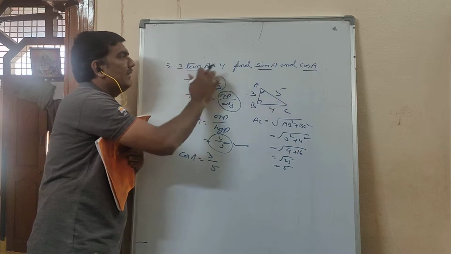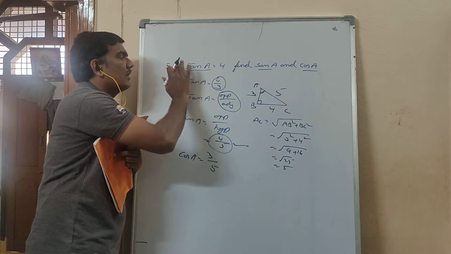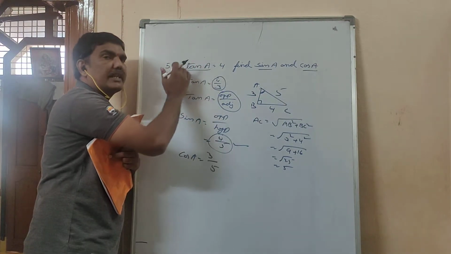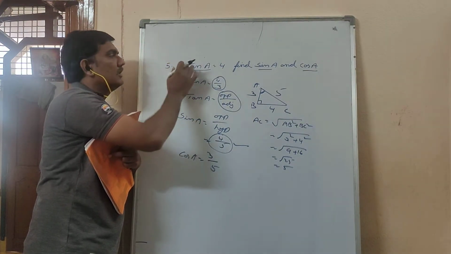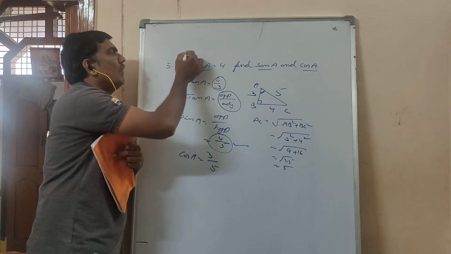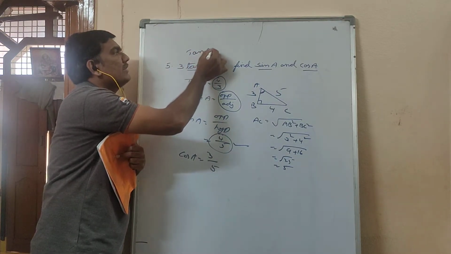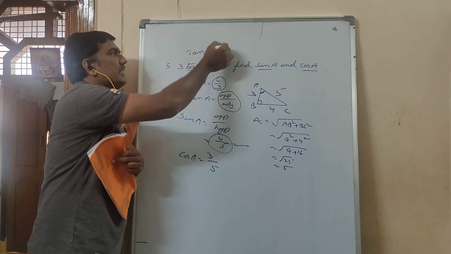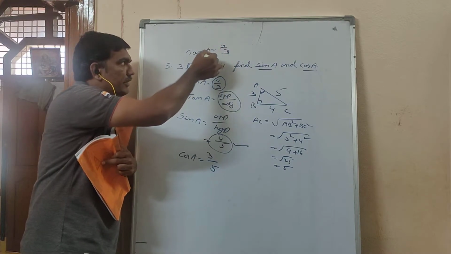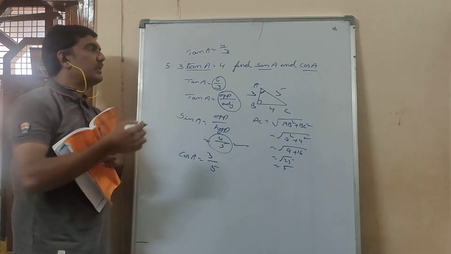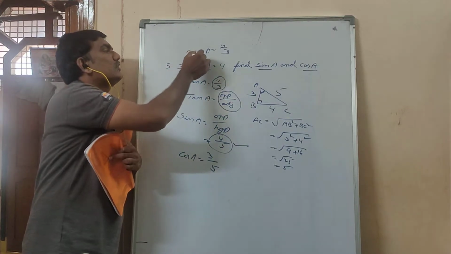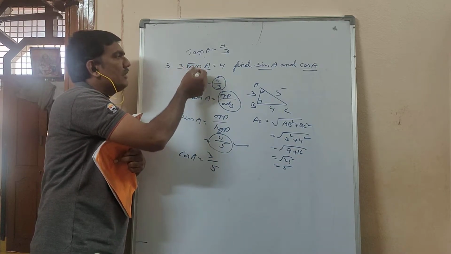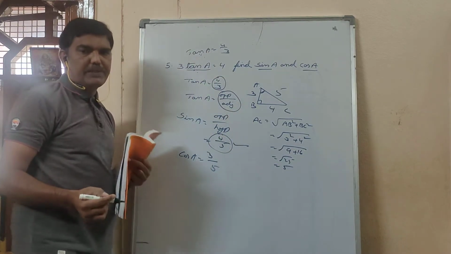So when they given like this, if any numbers are there, bring that numbers to right hand side. And here in left side only trigonometry ratio should be present. So tan A is equal to 4 by 3. What he given is, this 3 is dividing here, he made this 3 to bring this side. So 3 tan A is equal to 4 given. These two are equal. If they given like this also, you can perform like this. Or if they given like this, you have to convert like this and do it. Okay.